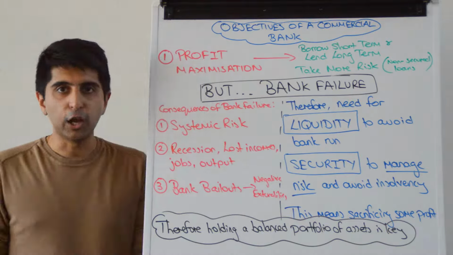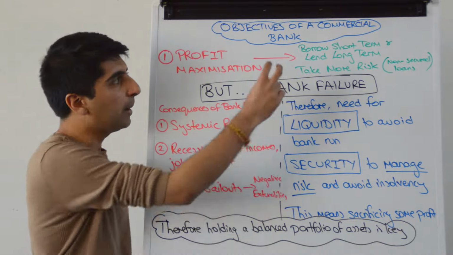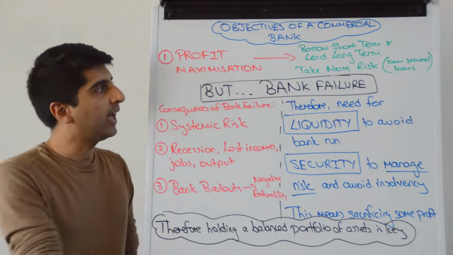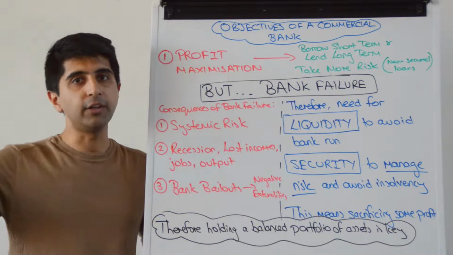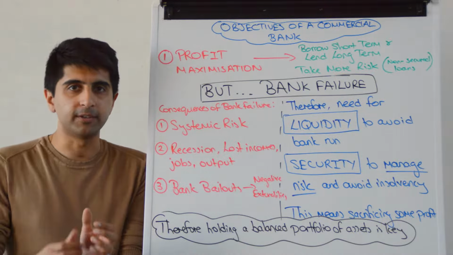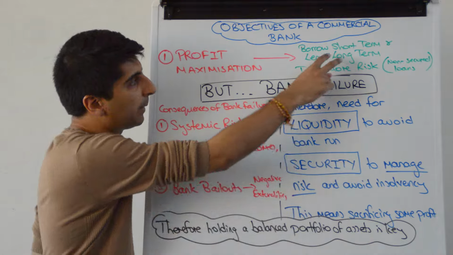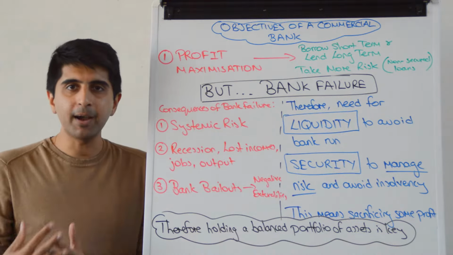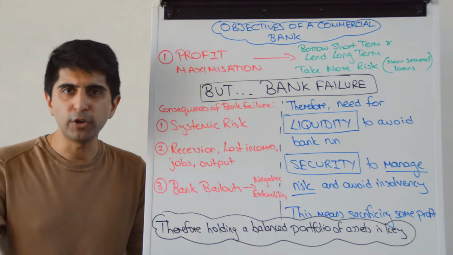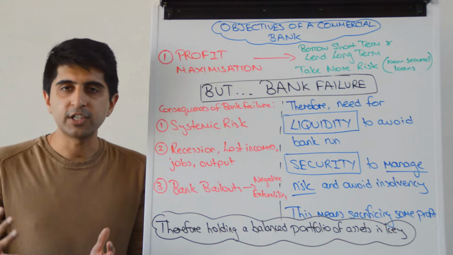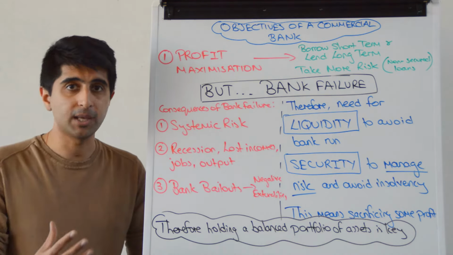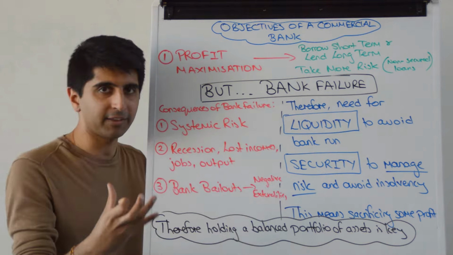How can you make loads of profit? Well, as a commercial bank, borrowing short-term, which is low interest, and lending long-term, which is much higher interest, gives you a great profit margin. Fantastic news. So for example, borrowing money in the money markets and lending in terms of mortgages, in terms of longer term loans, for example, in terms of longer term investments, all great news to maximize your profit.